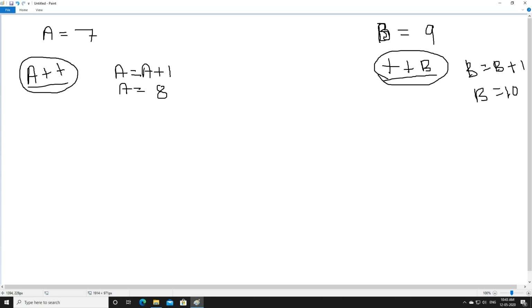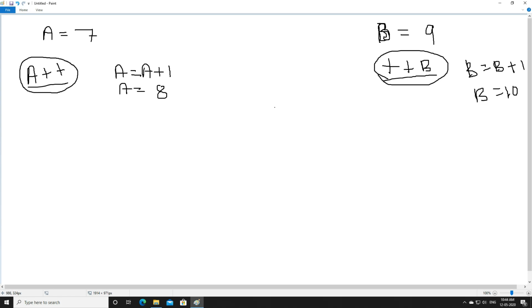Then what is the basic difference between pre-increment and post-increment? The difference you can only find if you store this value to another variable. In that case, you can see the difference. So whatever I'm going to explain right now, be very careful, be very vigilant and see how things are done. Otherwise, we get quite confused about why we are using a++ and why it differs when it is getting stored to a variable.